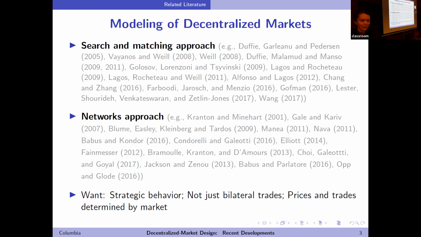So in a search and matching framework, it's not necessary to have anonymous traders, small traders, and random match, right? They could have large traders, directed search, and so on. This is where the literature, in fact, the labor people talked about fragmented markets or over-the-counter markets before finance people did, right? Some Nobel Prizes happened, in fact. In finance, the first wave of papers was based on random matching, and now people are introducing heterogeneity and directed search. And we'll talk a little bit about that.